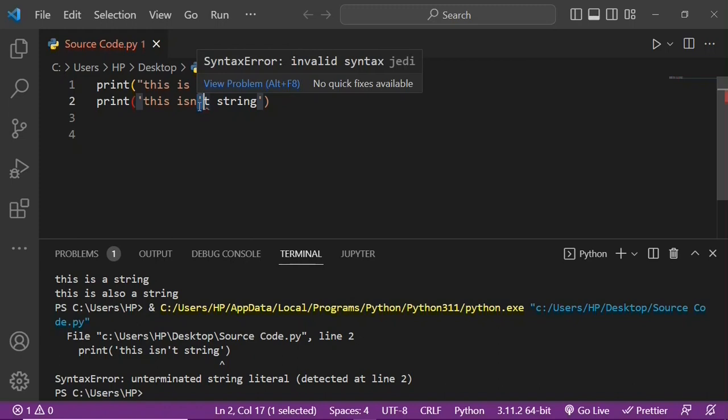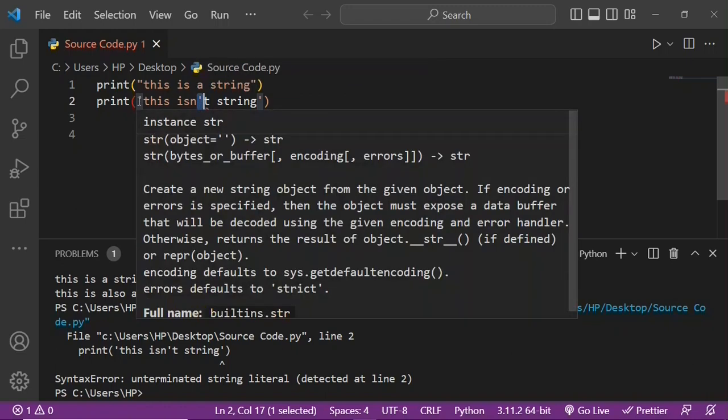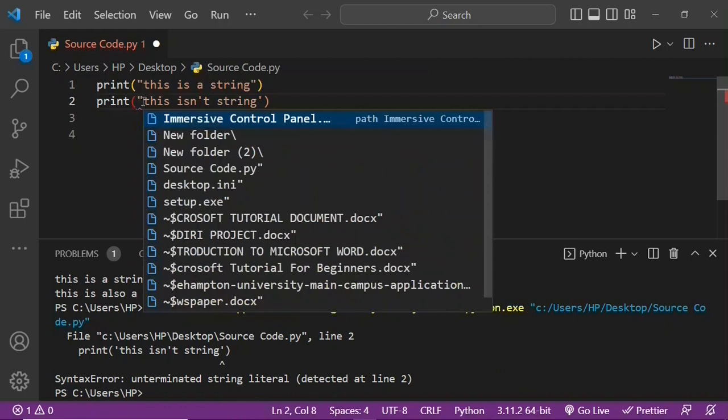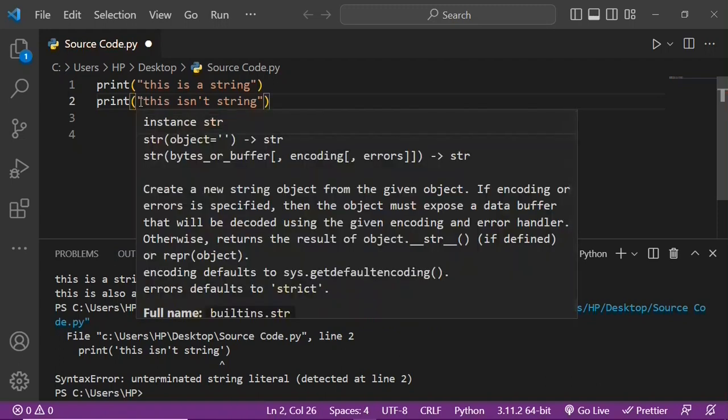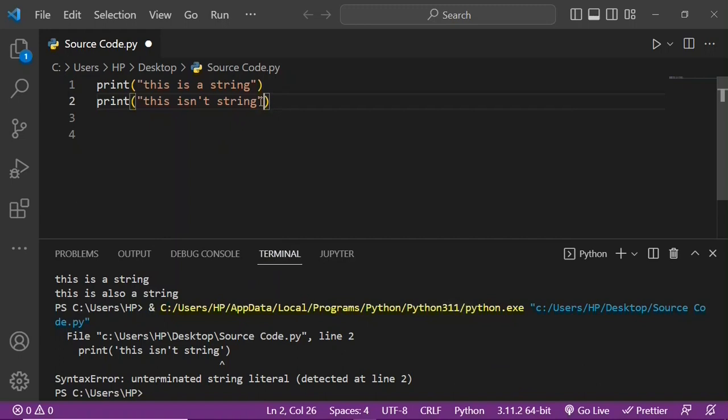So to avoid that, if I have an apostrophe in a string, I will not use a single quote string. I will use a double quote string. So if I change this single quote string to a double quotation, and I come down here to the end and I add a double closing quotation, now it understands that the string starts here and ends here, and this apostrophe is part of the string. It is not a closing quotation for the string or an opening quotation for the string. Now when I run this,